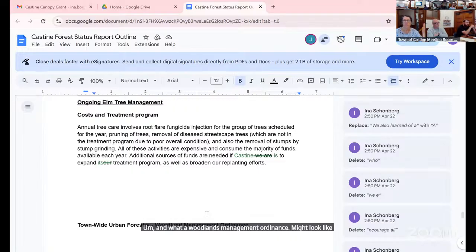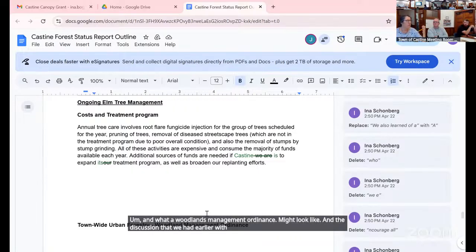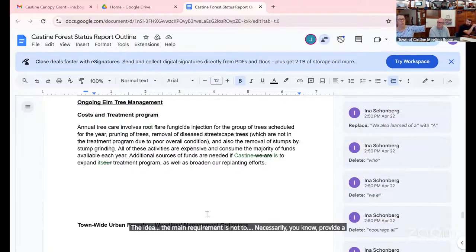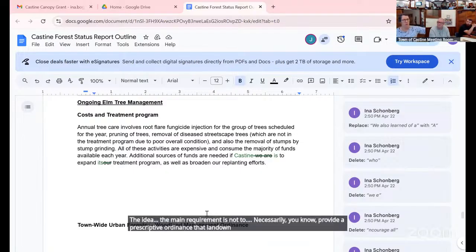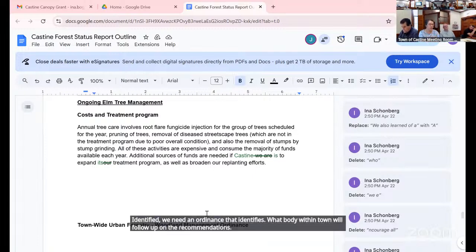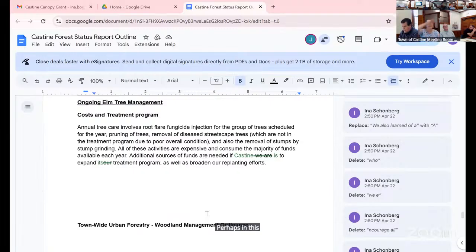And the discussion that we had earlier with the select board on this is that the main requirement is not necessarily to provide a prescriptive ordinance that landowners must follow, but more that we need an ordinance that identifies what body within town will follow up on the recommendations, perhaps in this report, and